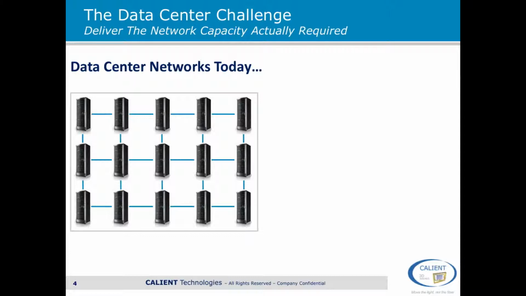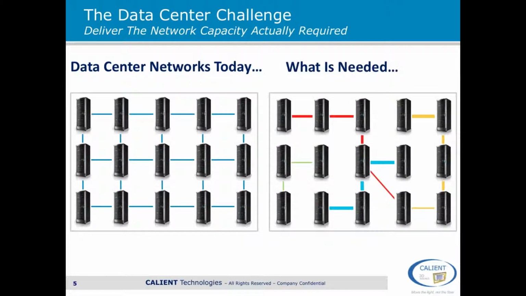Looking at this another way, what you'll find in most data center networks today are fixed capacities with everything-to-everything connectivity. The connectivity basically doesn't scale to support the large data flows that we're talking about as they arise. So what's needed here is connectivity and capacity where it's actually required, and also the ability to deliver the bandwidth and the server resources needed by applications on demand. On this slide, it isn't animated, so think of the connections on the right-hand side there, the colored connections